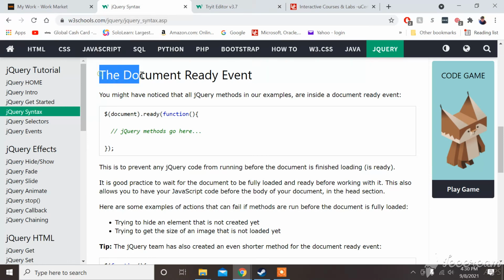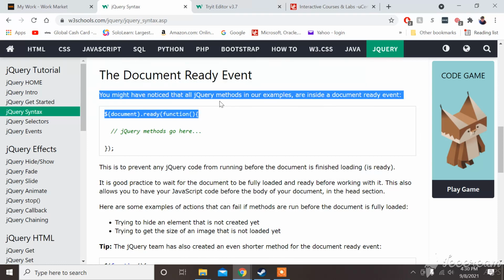I'm lazy. Alright, the document ready event. You might have noticed that all jQuery methods in our examples are inside of